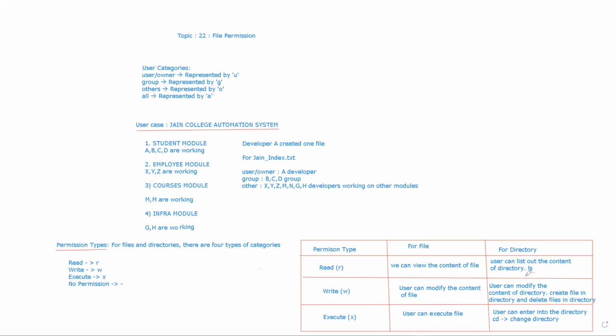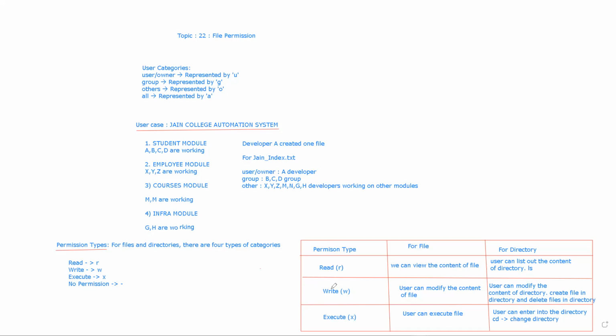So it means if I am not able to do the ls command on any directory, if it is showing no permission, it means I don't have the read permission. We will see in a moment how this works and how we can manipulate these permissions. But for now, what you should remember is there are three main types of permissions, and there is one more symbolic representation. Whenever there is no permission, it is represented by a dash, right?